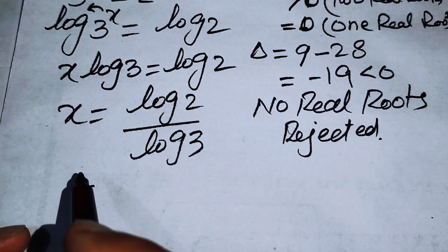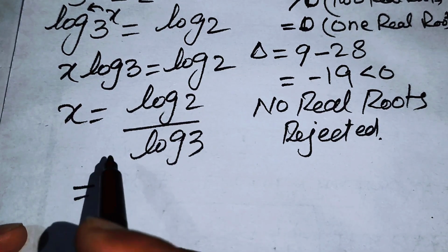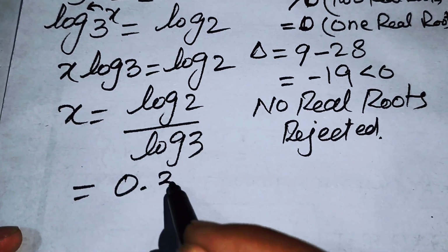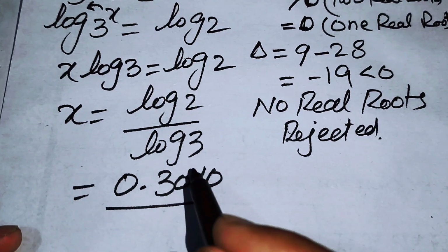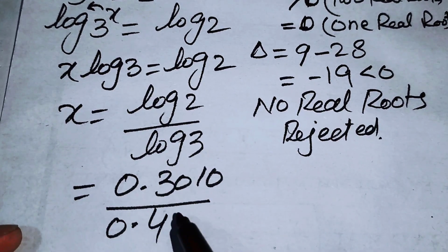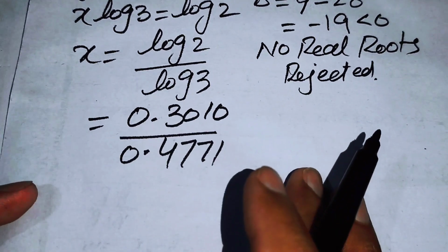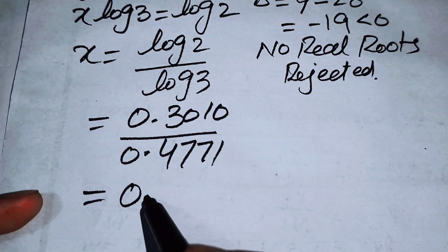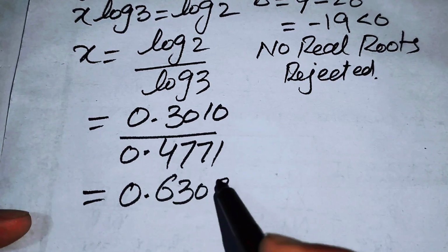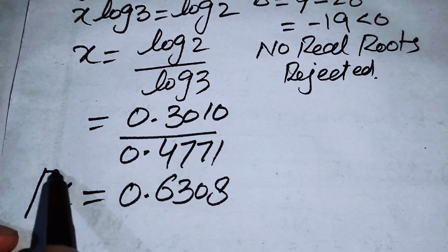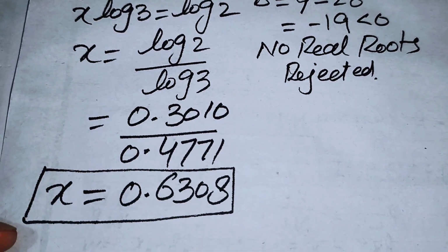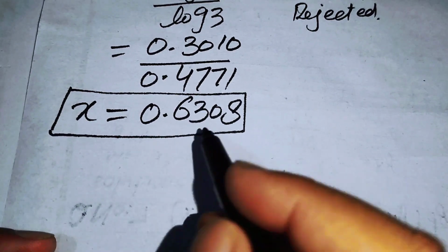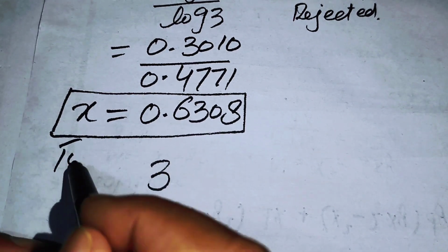Now you can use the calculator to find the values of log 2 and log 3. The value of log 2 is 0.3010, and the value of log 3 is 0.4771. Now we divide these two terms, and you get 0.6308. So this is the value of x. Now in order to check whether this value satisfies the given equation or not,